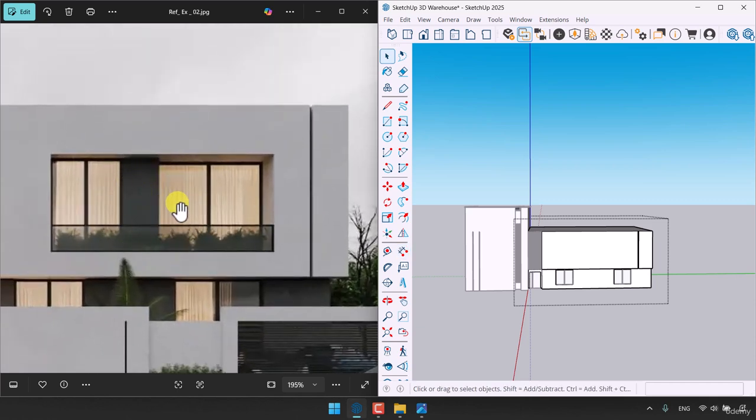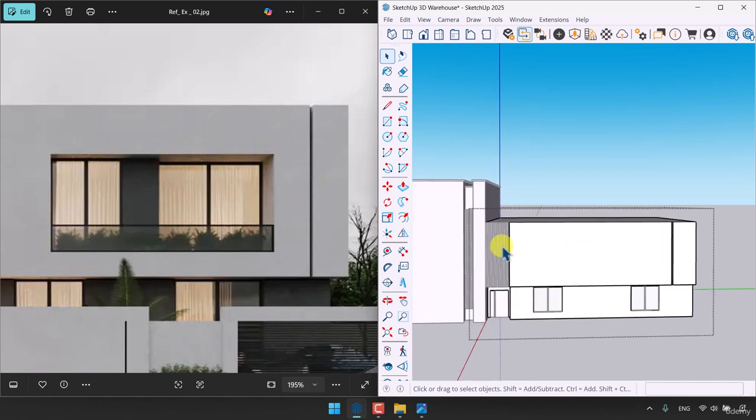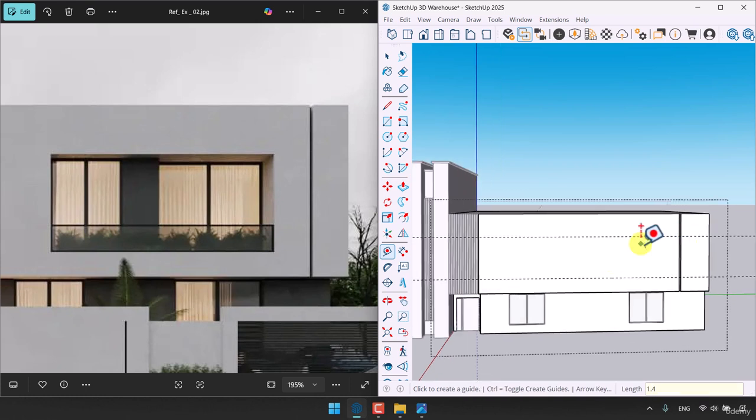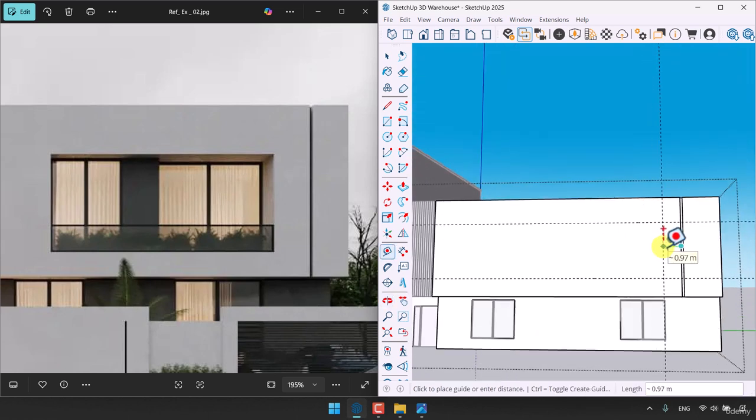Actually, maybe it can be a bedroom or, I don't know, a living room. We don't know the plan of this house, so we only guess it. But totally, we need a window in here. So I'm gonna click on the tape measure line in here. One from this line, and another 1.6 from this place, or 1.4. I want to select this line. And the window is about, I don't know, maybe 1.4, and another one in here